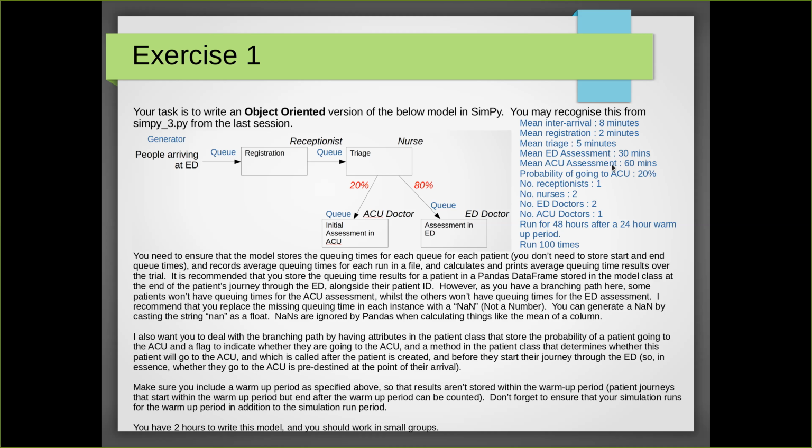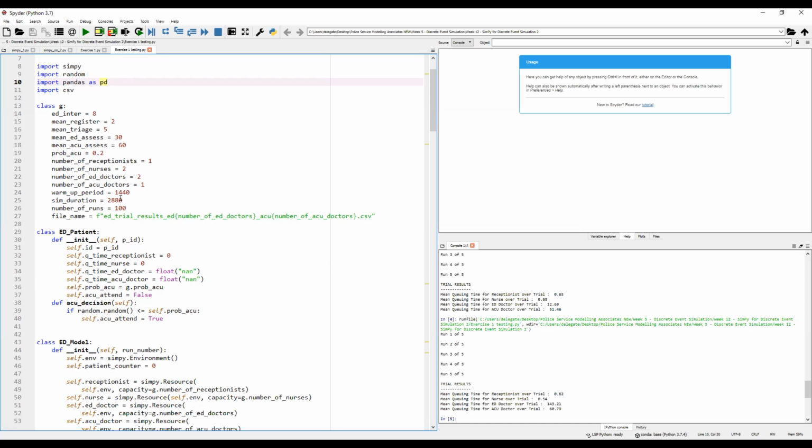So I imported the usual bits and pieces, and then set up the global class with the inter-arrival times and the mean times for each of the activities, and also the probability they'd be going to the ACU after the nurse. The number of each of the resources, the time for the warm-up period and the actual simulation, and the number